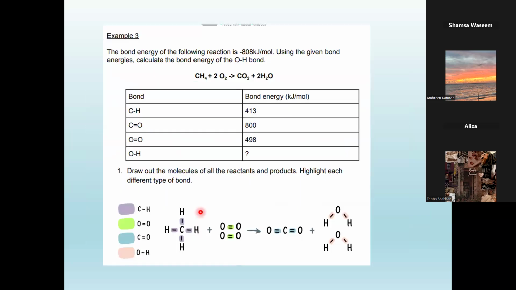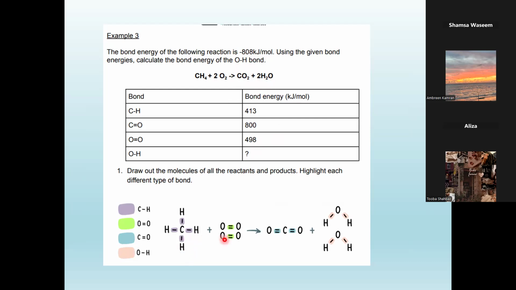Try to do this now, okay? Because as you do it yourself, that's going to be the unknown bond energy area. If you want, I can explain it through this slide or on the board. Any is fine. Now see here, the enthalpy change of this reaction is given. They are asking us to calculate the bond energy of the O-H bond. A few of the bond energies are given, but the O-H bond energy we have to find. Now we are going to draw out the molecules, the displayed formula.